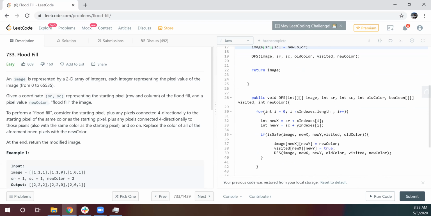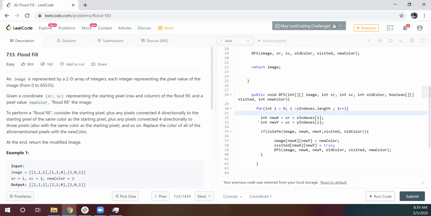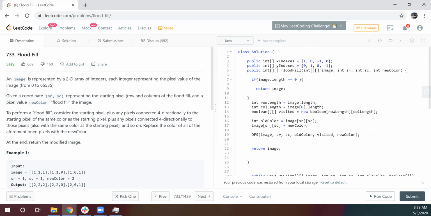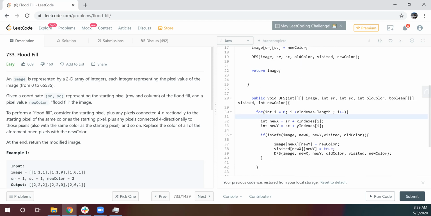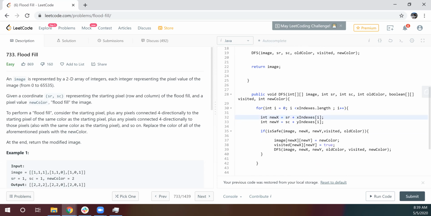We have to go in 4 directions, so for that I generally take an array to go in 4 directions. We can even do it ourselves, and then this will start giving new coordinates in 4 directions.